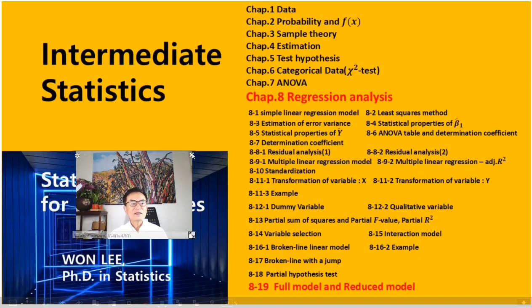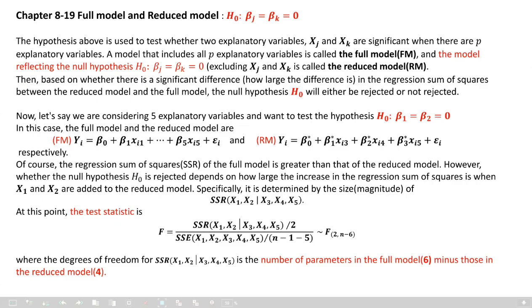So I recommend it. All right, let's see what the full model and reduced model are for a partial hypothesis test. Think about beta j and beta k equal to 0. This hypothesis tests whether two explanatory variables xj and xk are significant or not when there are p explanatory variables. A model that includes all p explanatory variables is called the full model, FM. You consider, say, 6 or 7 explanatory variables, including all of them. And the model reflecting the null hypothesis, in other words, excluding xj and xk, is called